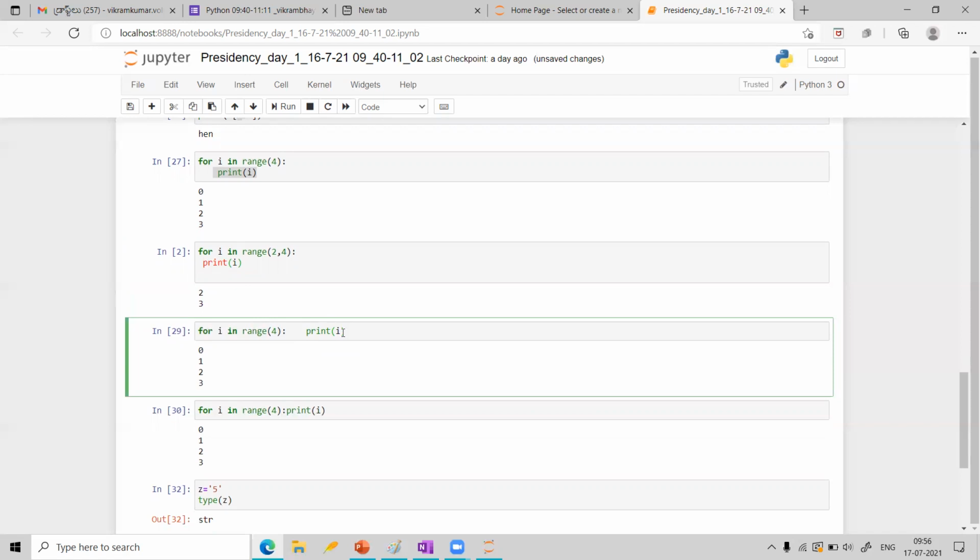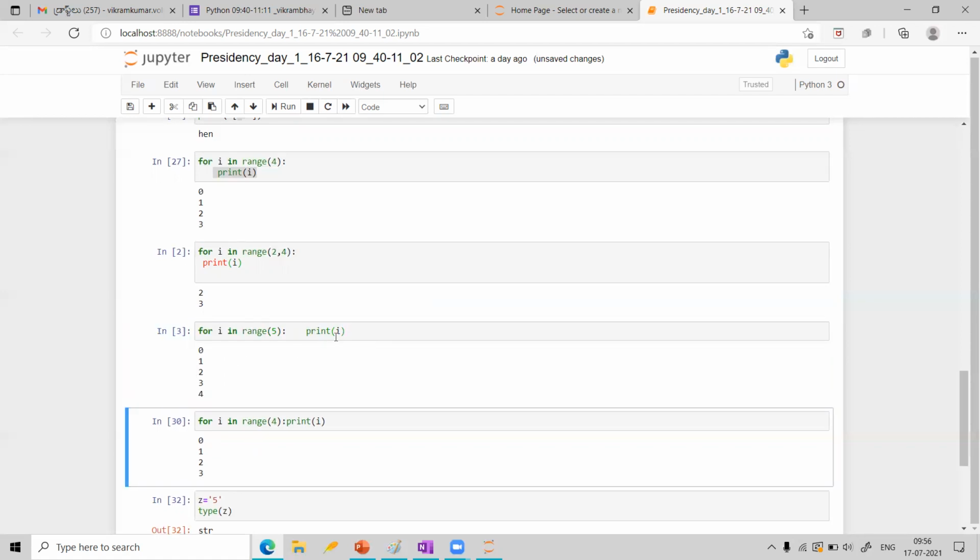Because we discussed that indentation thing, we should try to understand, if I write like this, will it work or not? So let me change it slightly to see whether it is working. I will put this as say 5. If it is working, I should get 0 to 4 numbers. Let me check now. I am pressing shift enter. Okay, yes, it is working.